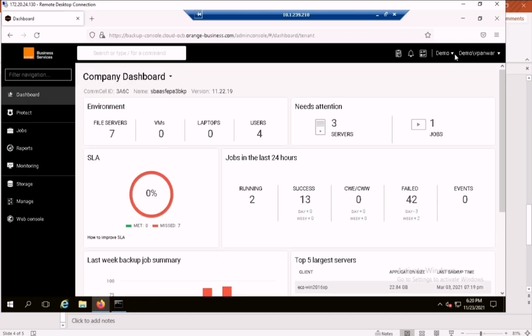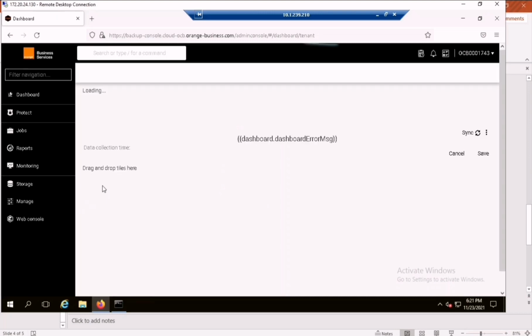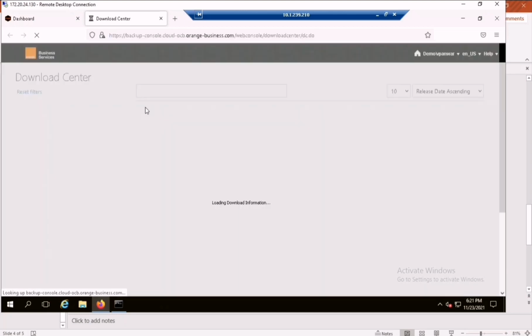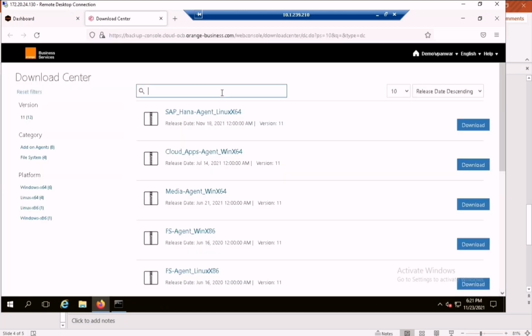Once you are logged in, you can select your tenant. On the left side, you can see web console, and under the web console, you can see download center. Click on the download center and it will open the package window.